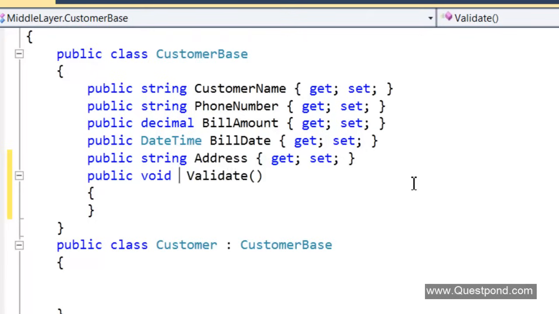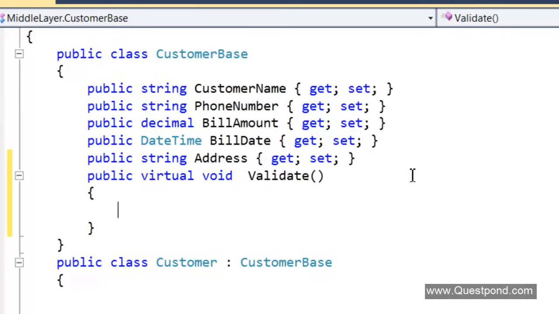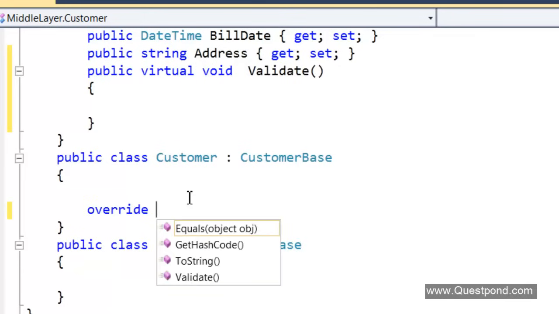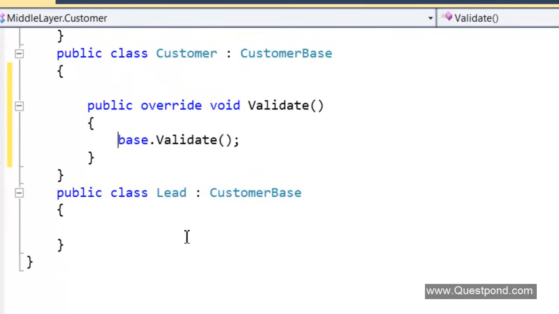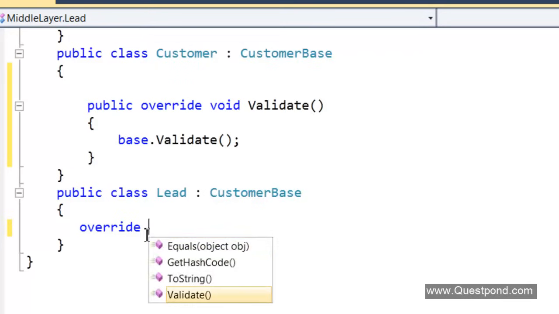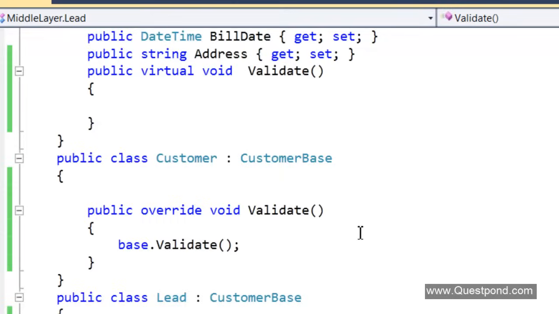So I'm going to make this method virtual. By defining a method as virtual, your child classes, for example the customer class over here, can override the validate method and put all the validations here, while the lead class will only validate for customer name and phone number, right?